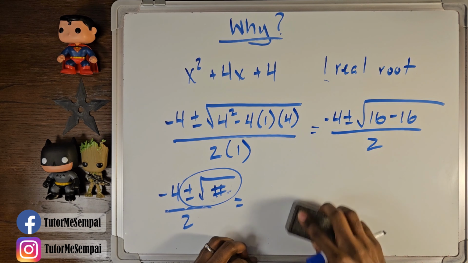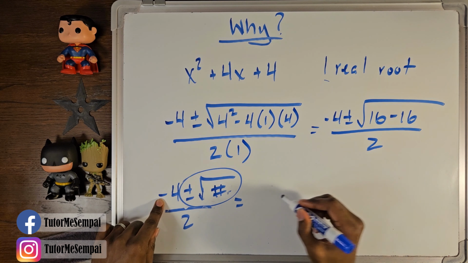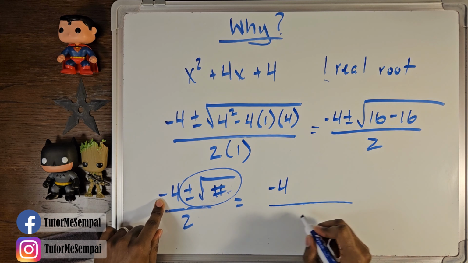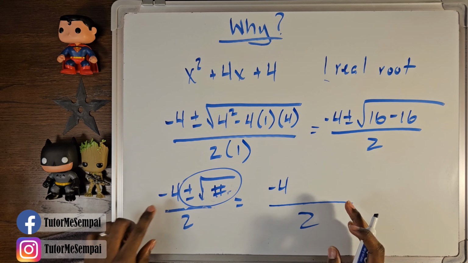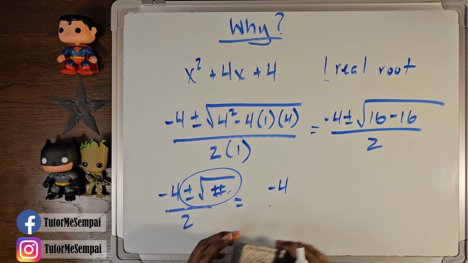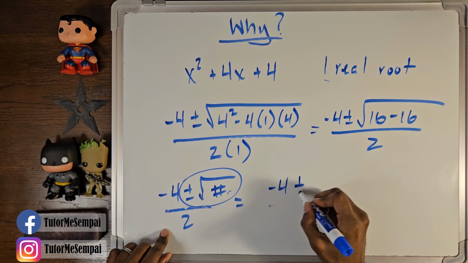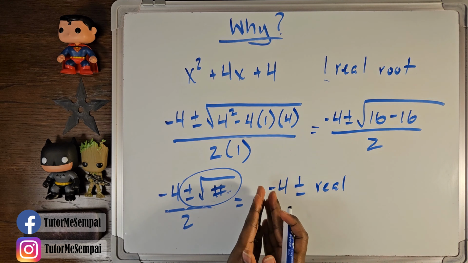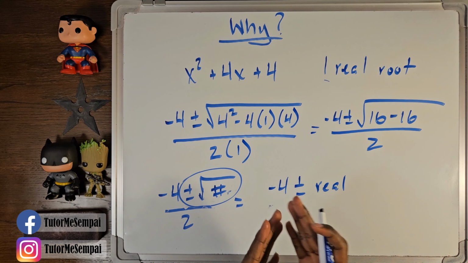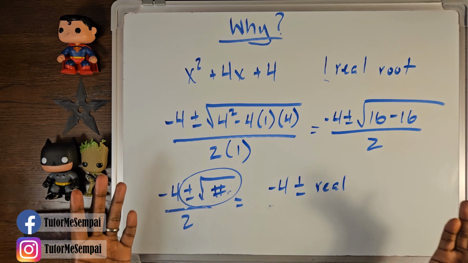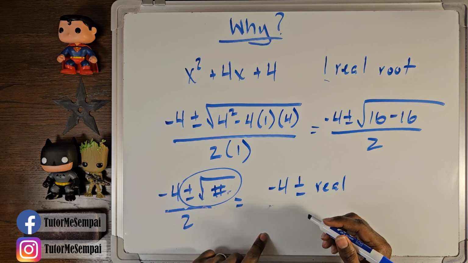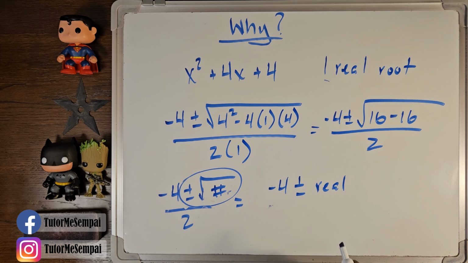Therefore, we know we have on the outside a real number, right? So in this case, it's going to be a -4 divided by this 2. Once again, it doesn't really matter because it's going to simplify to something that we know anyway. Plus or minus some real number. Well, if you have a real number plus another real number, or a real number minus another real number, you're going to be left with a real number. So we have 2 real roots,